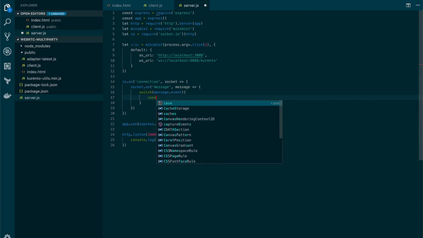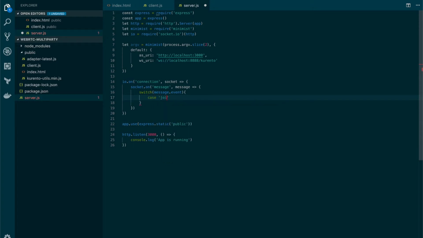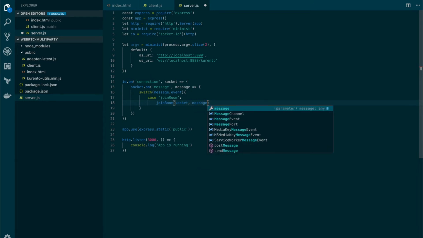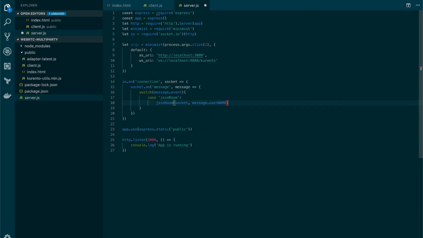So the first one is gonna be case join room, and in this case we're gonna call a function named join room that will get the socket, the message username, also the message room name, and a callback function